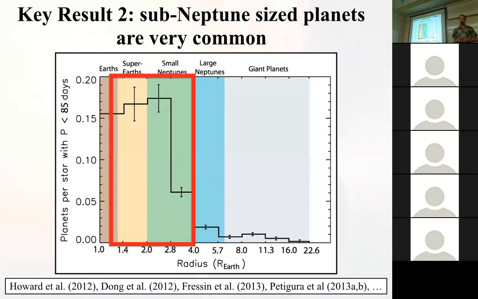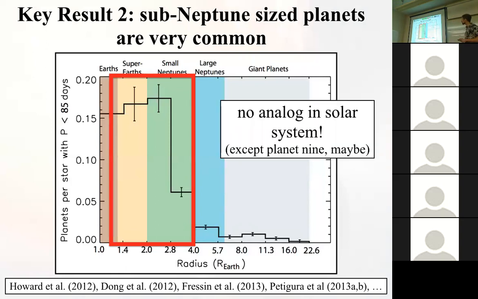So those are some of the most common planets that we know, or that at least we have in the direction of the Kepler field, are those planets between the size of the Earth and Neptune. Now, why is this important, or why is this a curious fact? Well, it is because there is no analog in our solar system for any of those planets. The most frequent planet that we have discovered outside of the solar system does not exist in our solar system, except maybe if Planet 9 exists.